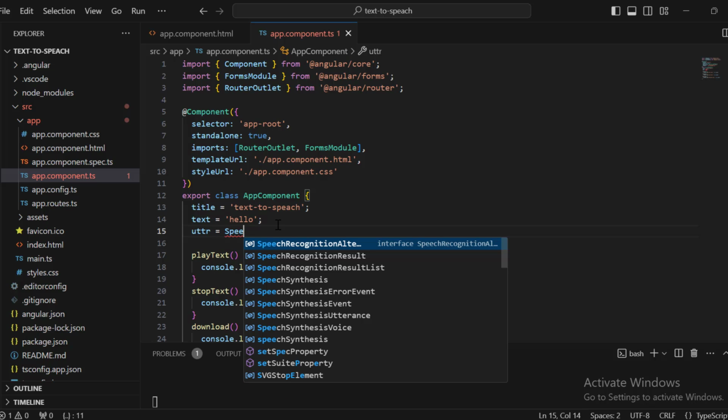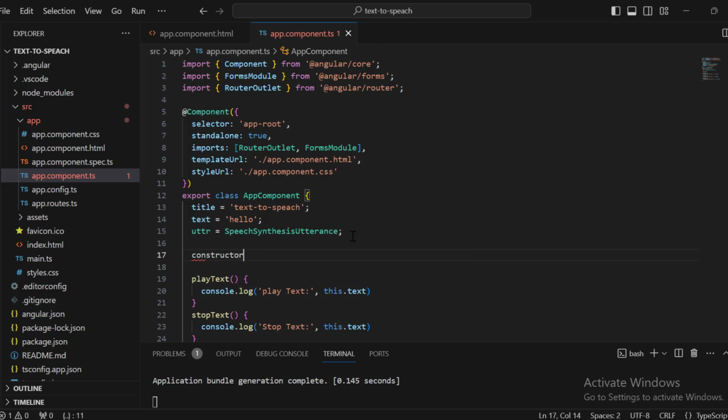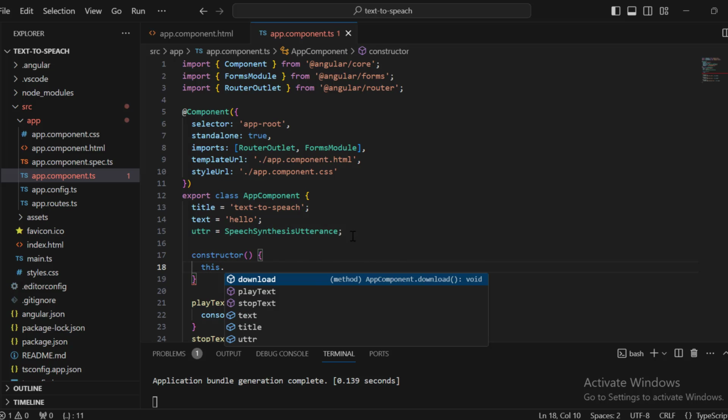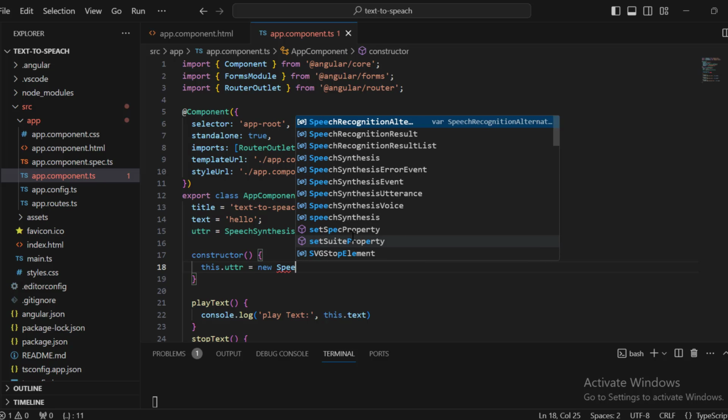SpeechSynthesisUtterance. We already have inbuilt functionality which is called SpeechSynthesisUtterance. We have to use this one. It will provide, and you can use any name here. Then inside the constructor, we have to create one constructor. So I'll just say constructor, and inside this constructor we can initialize it, utter equal to new Speech